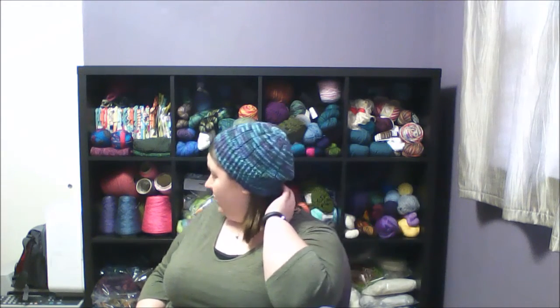I'll first say today I am wearing my Bankhead hat. I recently knit this out of some of my yarn, Twist Fiber Studio worsted. I'm wearing it back in the slouchy version today, so good versatile hat, super warm, super comfortable. Really love this pattern. I don't have any finished knitting to show you, but, drum roll please, I have some